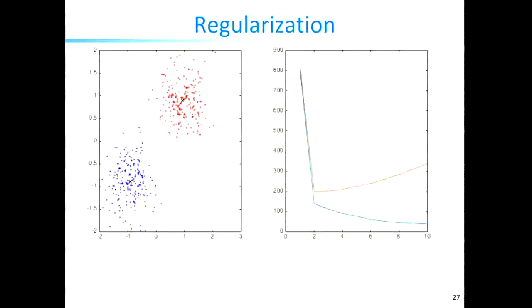Now you can view this through the lens of regularization. What if I have my cost and now I actually add a penalty that quantifies my model complexity? For example, I could have some cost for using more clusters. I not only have the cost that I incur by having to compress my data through quantization, but I also have a cost for opening up new cluster centers. So I could, for example, do something like